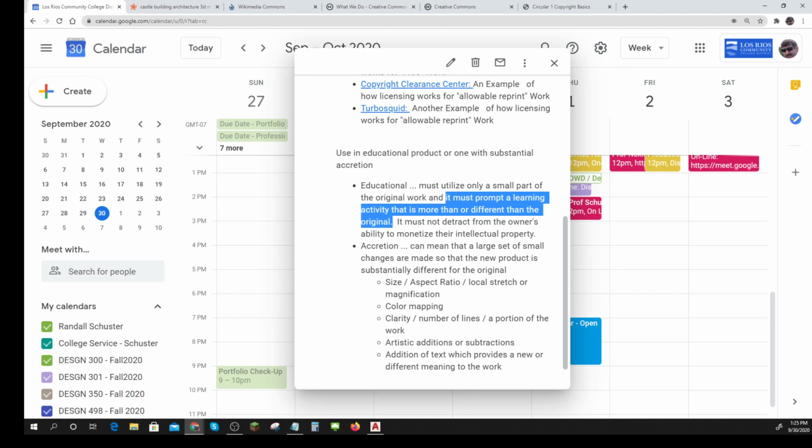So if I'm doing something and I've got an image and a picture and I just say, okay, everybody copy that. That's not educational use. That's not more than or different than the original. I'm truly getting my students to make a copy. But if I